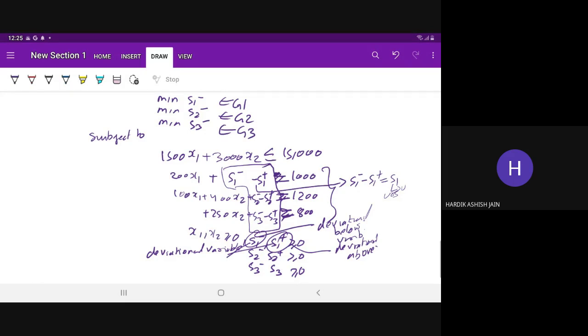Yes, sir. So these three goals are similar to the objective functions in LPP, linear programming. Now in goal programming, not exactly similar, right? But these are the goals in the simplex method. Multiple goals. Now we say these are the multiple goals. All right, sir.